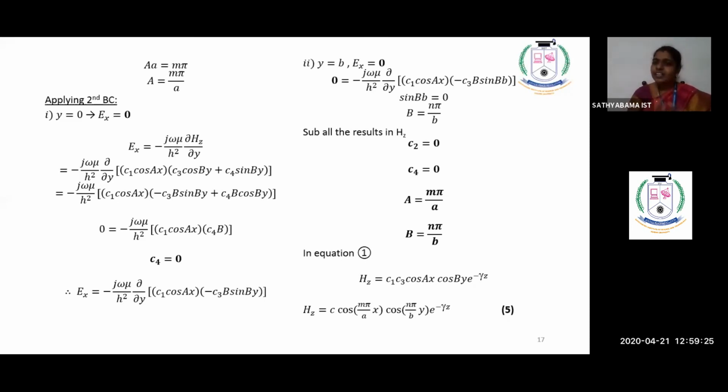So for all the derivations, you will solve Maxwell's equations. You will get the wave equation. You will bring out the second order differential equation from the wave equation. You will apply the boundary conditions, find the arbitrary constants, substitute them, and you will get the existing components of your TE, TM or TEM wave. Understood? So this is what we have on the rectangular waveguide.